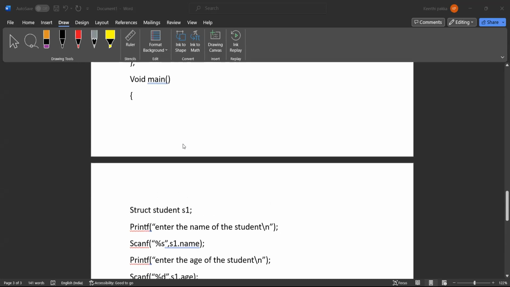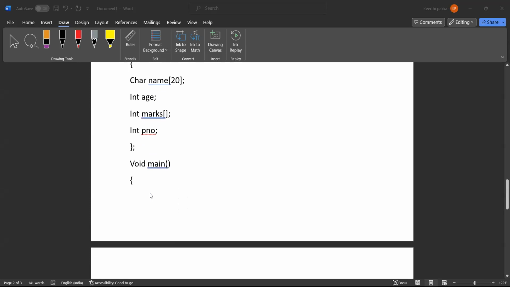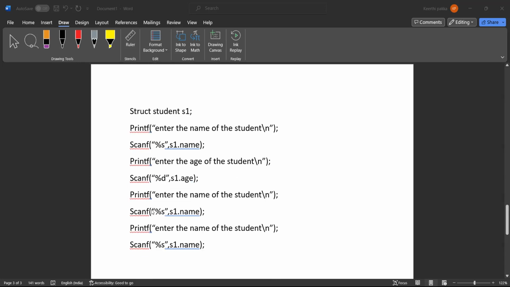What happens with this structure is that only a structure will be created, memory is not allocated. In the main function, when we write struct, the name of the structure, followed by one instance, memory will be allocated. Now, name can't be accessed directly. It will be accessed through its instance. So s1.name. Name is of which data type? String data type. So we will write %s, s1.name. Similarly for age, and then here for